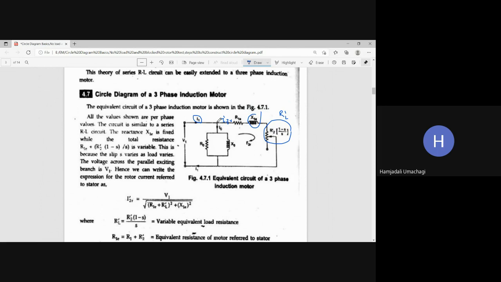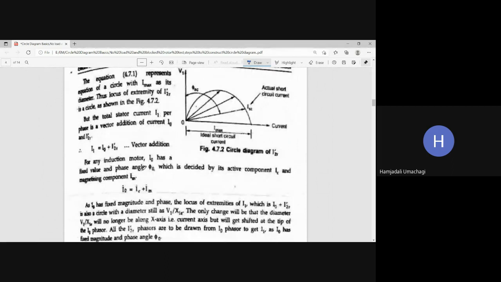Why? Because if you apply Kirchhoff's current law KCL at this point, then stator current I1 is equal to no load current I naught plus I dash 2R. So now I can write stator current I1 is equal to I naught plus I dash 2R, taking its vector addition by applying the KCL. For any induction motor, I naught has a fixed value and phase angle phi naught,